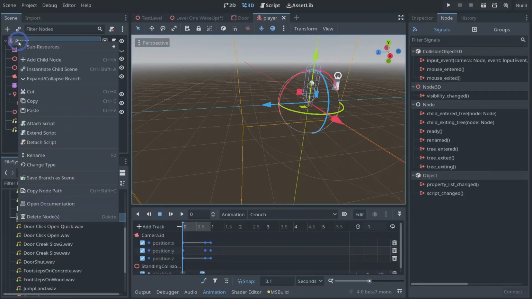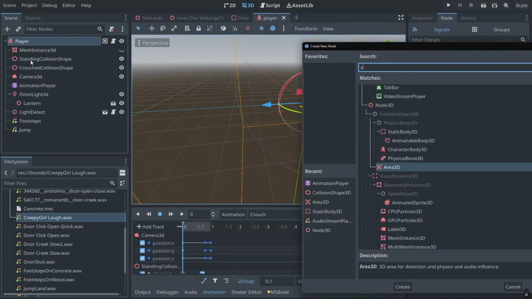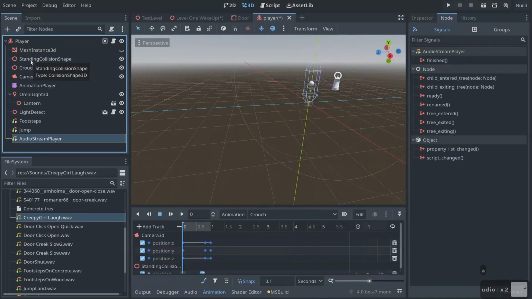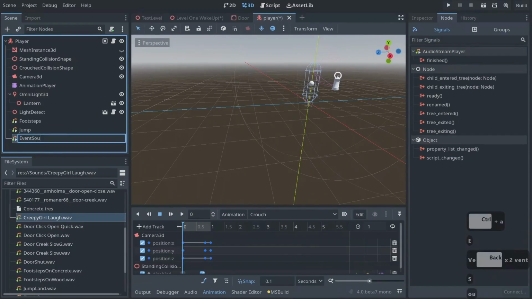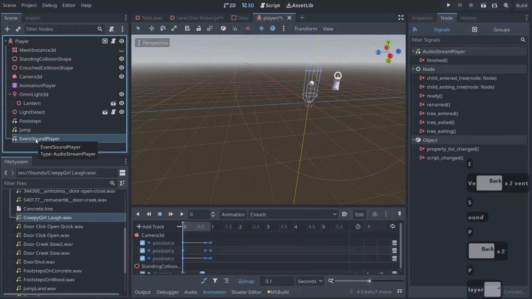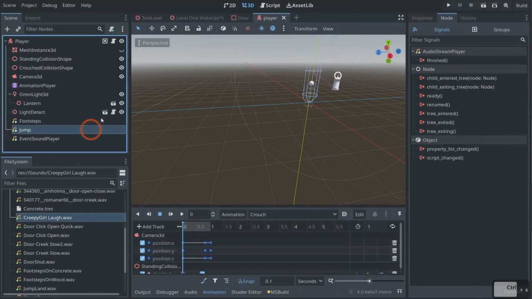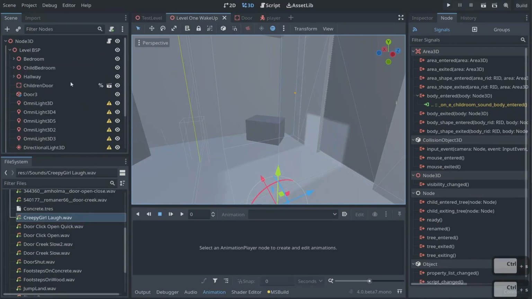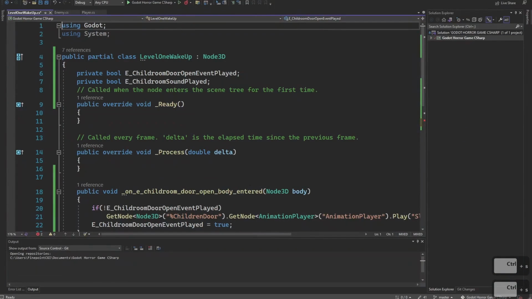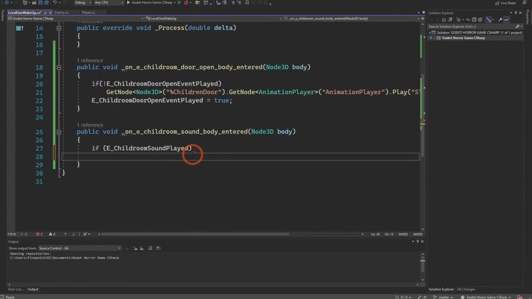So we can just right click, add a child node, add an audio stream player, and call this the event sound player. And we can basically just pull that back from our player. So we can do that, and then hit Control S, and then we can open up our script here, and come down to our event, and just say player dot,